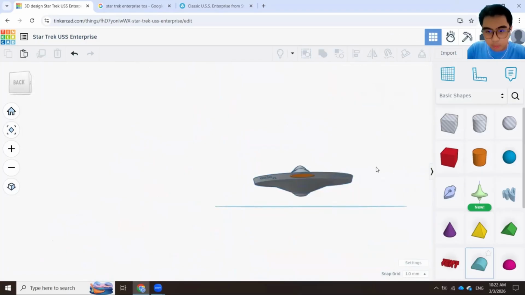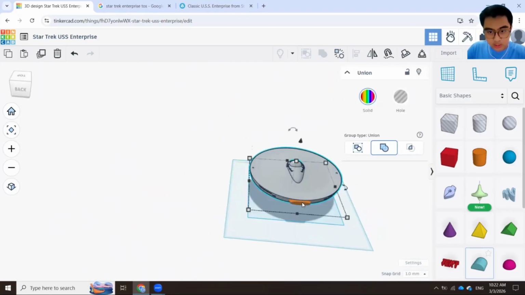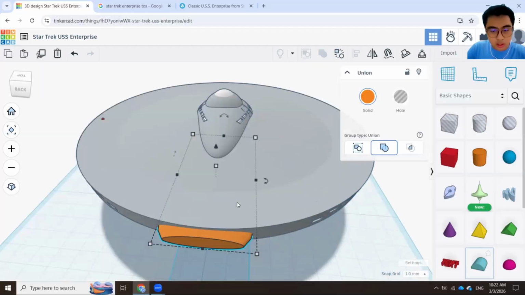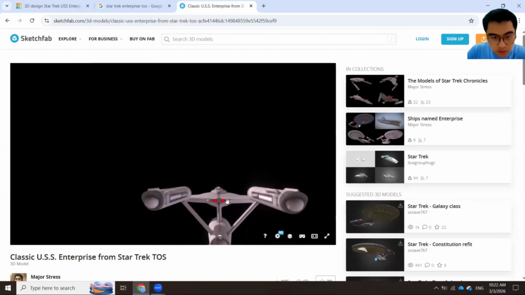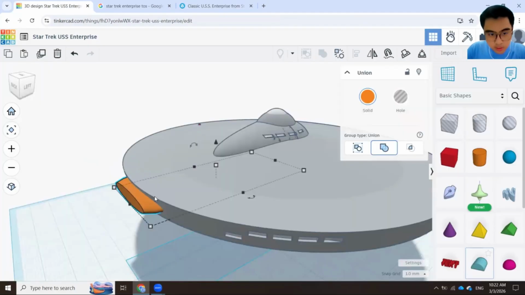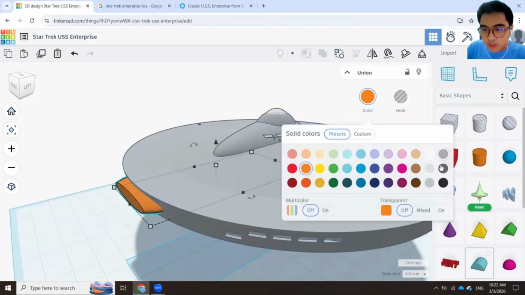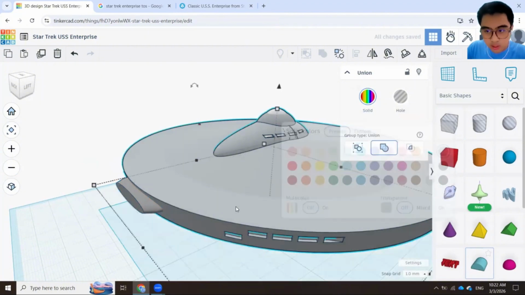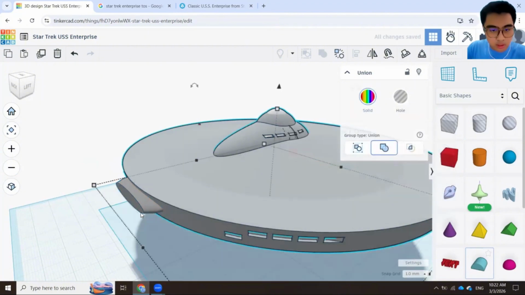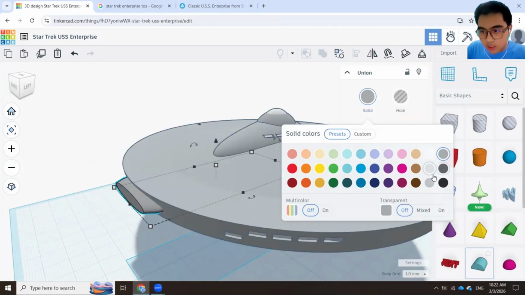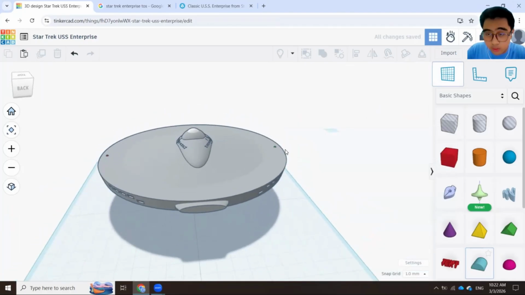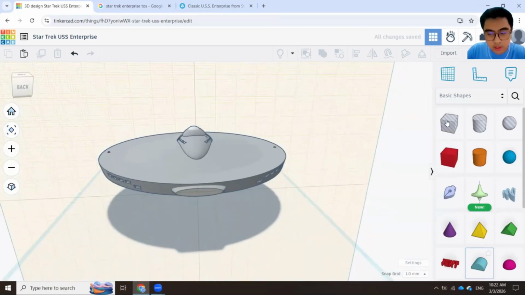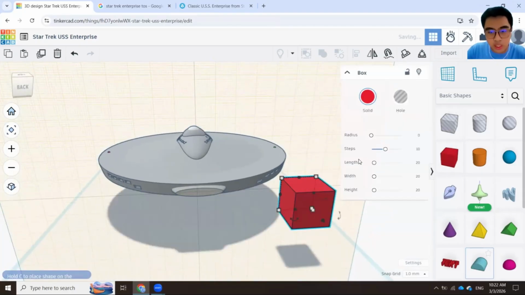I've now gotten the impulse engines, but not yet, because the impulse engine requires the rectangular part here, which is going to be where the impulse comes from. So to make it simpler, I just change the color to the same as this one. Not quite the same color. Same as that. Okay, and for this part, I'm going to take here, move it over here. I'm going to put a red box to represent the impulse engine.